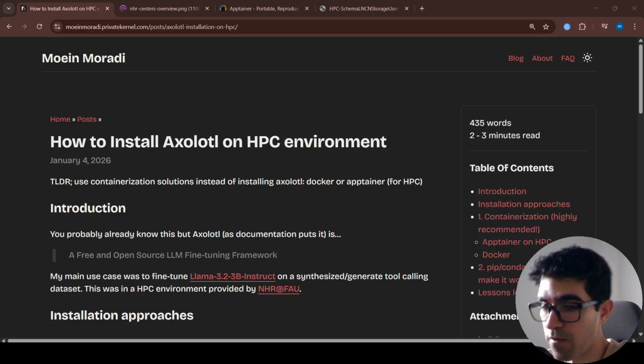It took me 5 hours trying to install Axolotl using pip, conda, and UV on a HPC system, and I still got the build failures and the installation failures. So if you are in a similar situation, the short version, the TLDR version of it, is that stop trying